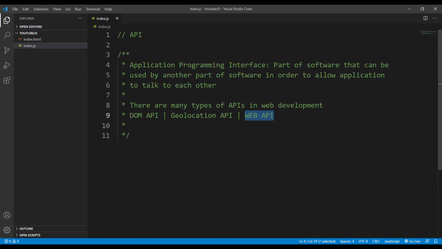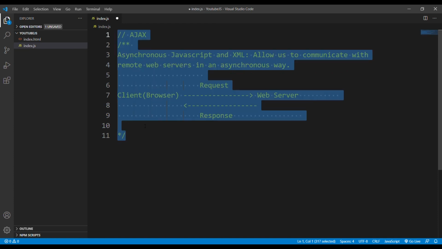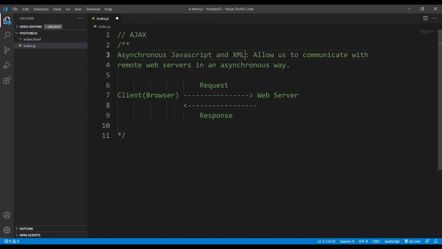So AJAX, as we previously saw, stands for Asynchronous JavaScript and XML. So what is XML? XML is just a data format. In earlier times we used XML as a data format, but now we no longer use XML. Instead of XML we use JSON. So now JSON is used as a data format, and it's just like a JavaScript object, and will be something like this.